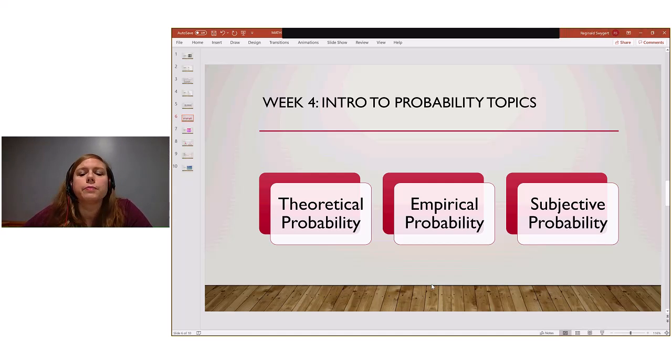So the empirical probability is more based on, I'm going to actually do it and see what happens, okay? And that's actually what your project is going to be about this week, the standard coin report. So you're going to be flipping a coin a certain number of times, and you're going to record how many times you get heads, how many times you get tails, and you're going to look at the empirical probability. So empirical is really based on observations and trials to see what actually happens, all right? So theoretical, again, is what should happen. Empirical is what actually does happen when you test it out, okay?